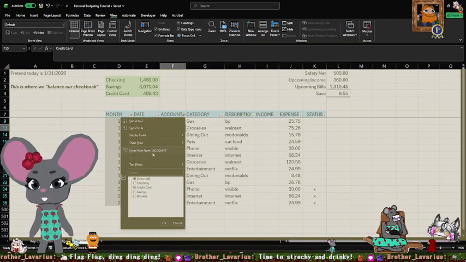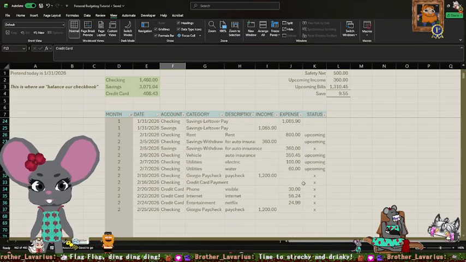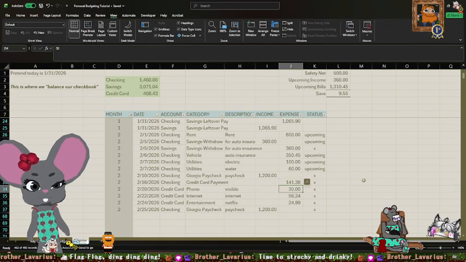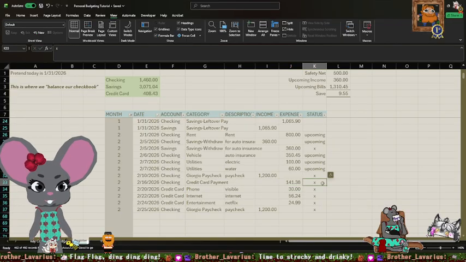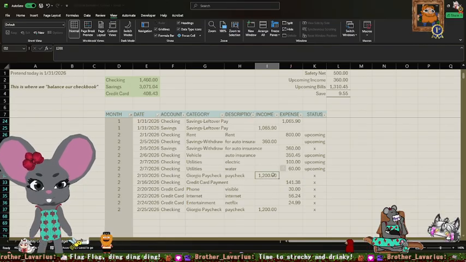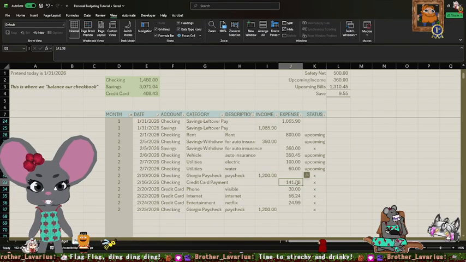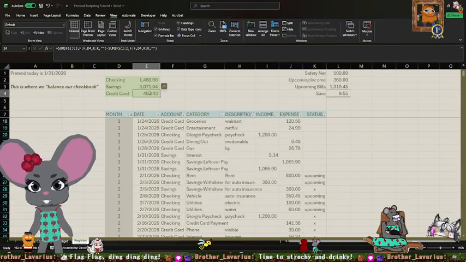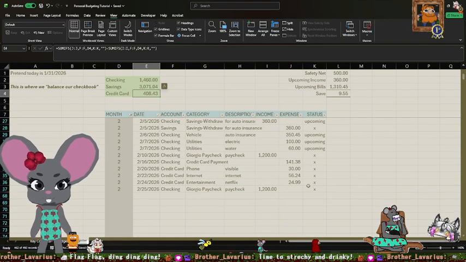So we look at our statement, and it says our credit card payment is going to be $141.38. And that's a pending transaction. It's going to be upcoming. It's after our next paycheck. And it's going to reduce our credit card balance.